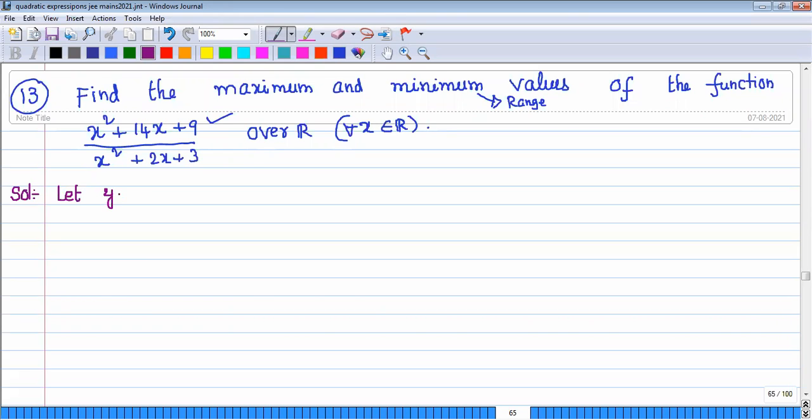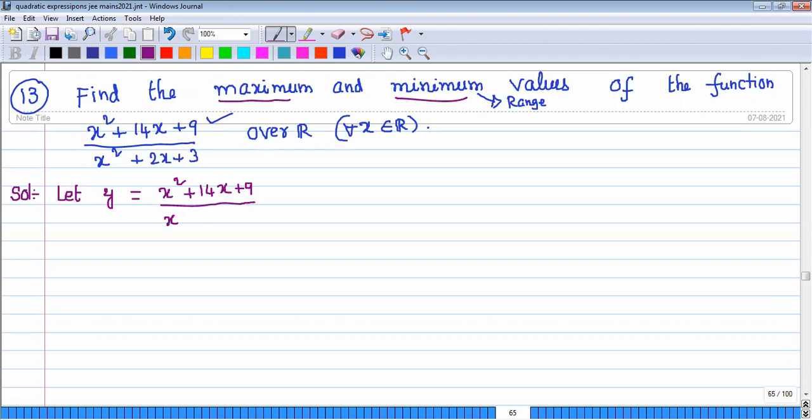So let us say y. In some textbooks, instead of y, they take y naught also. Don't get confused. If you take y naught also, no problem. y belongs to (-infinity, -5] union [4, infinity). Check once again. Already clearly given that maximum and minimum means the interval must be a closed interval. Range: [-5, 4].